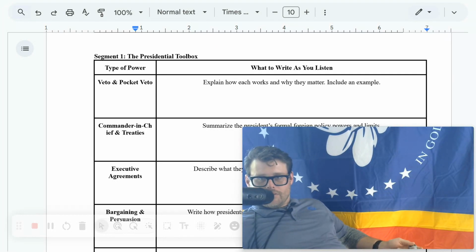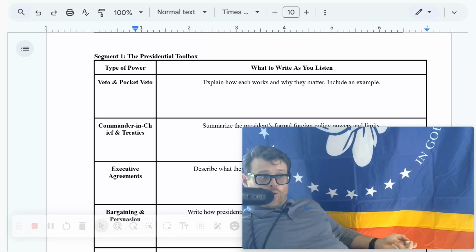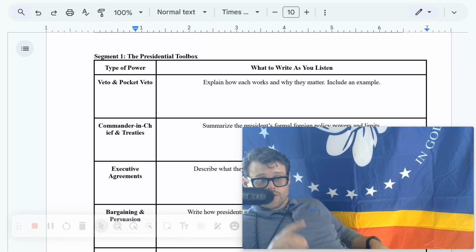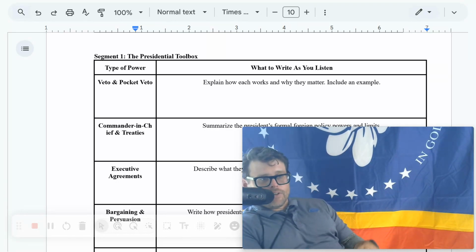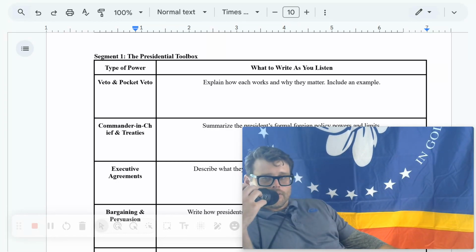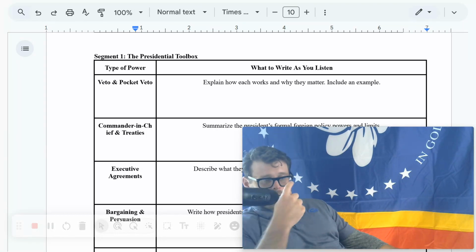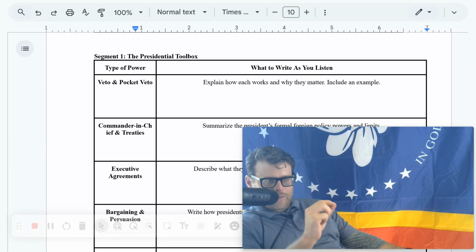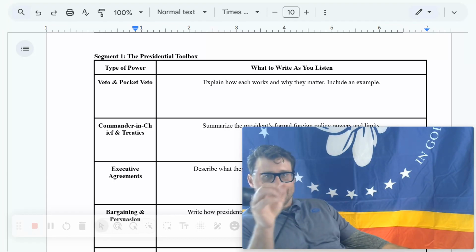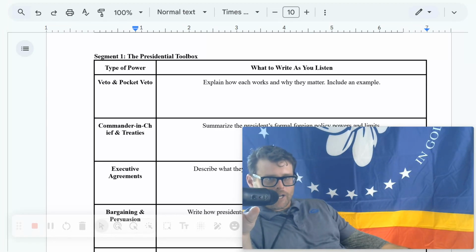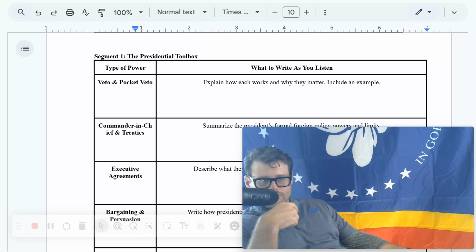Right? And so they've got a toolbox full of moves, the president does. Some are formal, and that means quite literally straight out of the Constitution. Think they're very much like the enumerated or express powers of Congress. They are quite literally written down, black ink on white paper. You can see it. You can find it. It's there. There's no implied powers there, right? It's formal. It's exclusive. It's expressed. It's enumerated. Very much synonymous there.